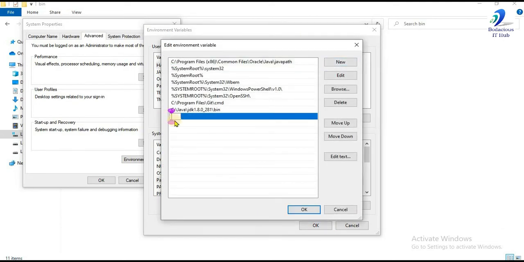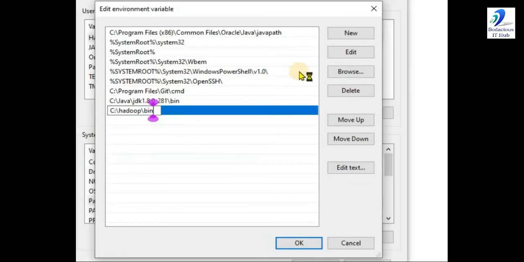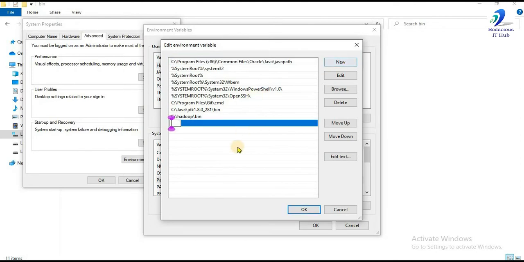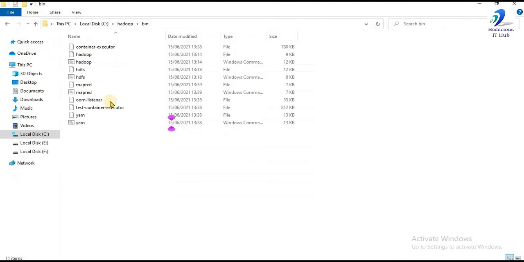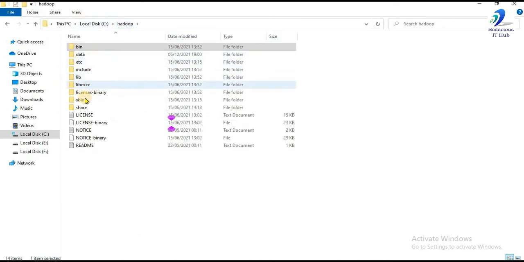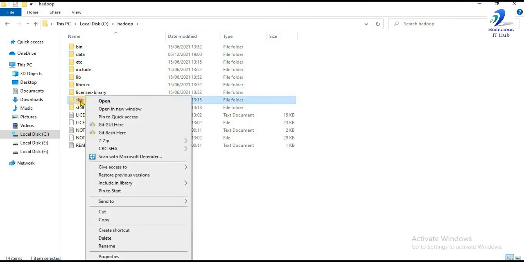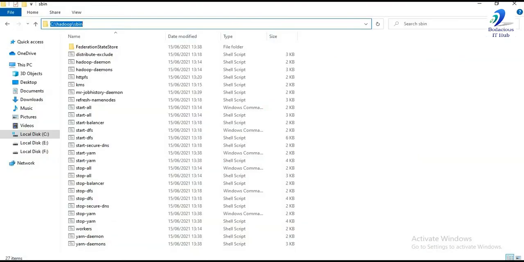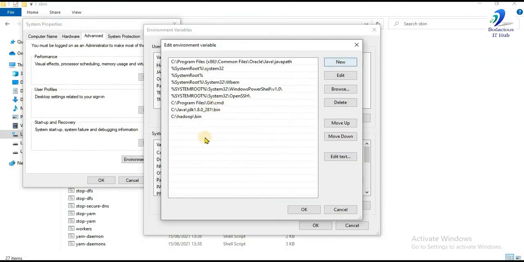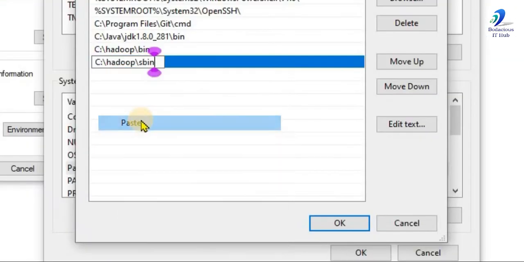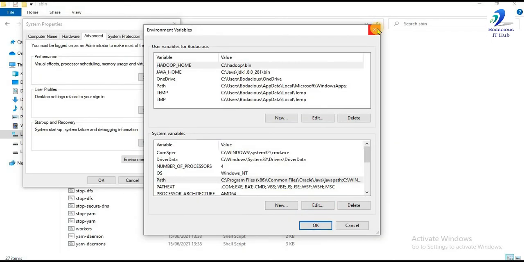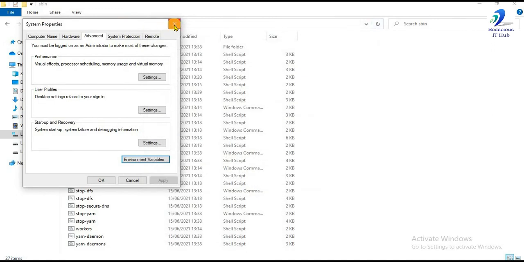We add new, we paste it here, we do OK, and then again we have to add the path of sbin. In Hadoop there is sbin, so you have to paste it as well. So clicking on new, paste it, OK. So we have set the configuration for Hadoop.